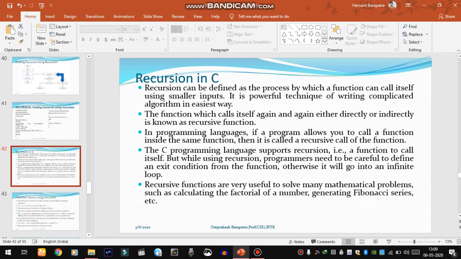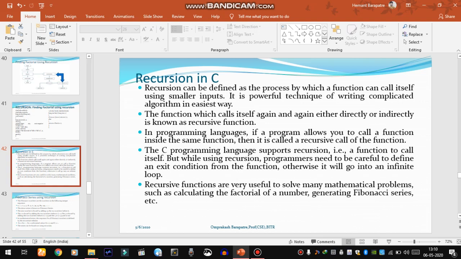Recursion is a process by which a function can call itself using smaller inputs. In recursion, we make recursive calls to the same function inside the function definition itself, and in turn it will return the value after recursively calculating whatever value we want to find.